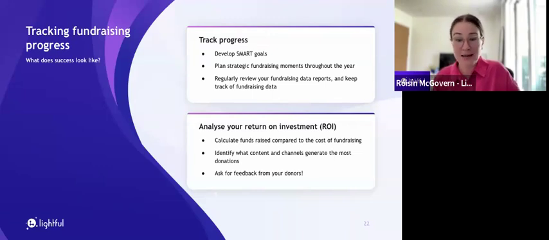And the best place to start is firstly to set up some really clear fundraising SMART goals. And then you can plan your fundraising moments or campaigns throughout the year based around these goals. So like with any strategy, start with your goals and then you work on your action plan and how you're going to achieve those goals. So an example of a fundraising SMART goal could be to grow your monthly donors by 5% over the next 6 months through a specific fundraising appeal and by also implementing donor stewardship.